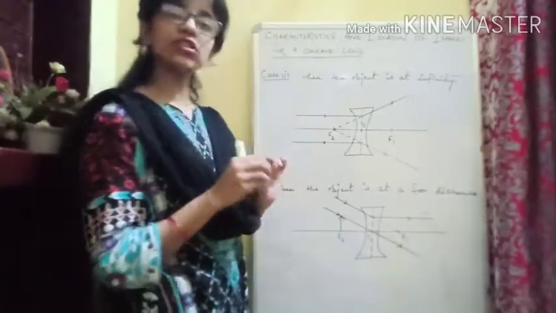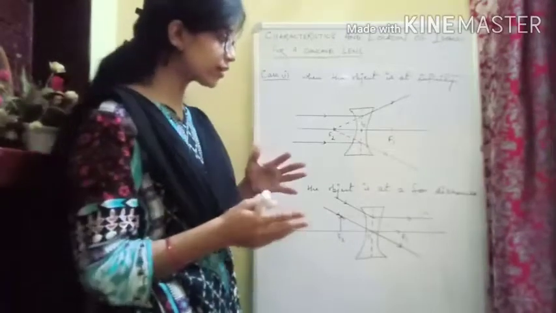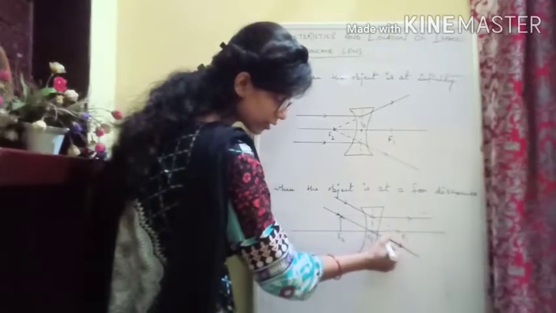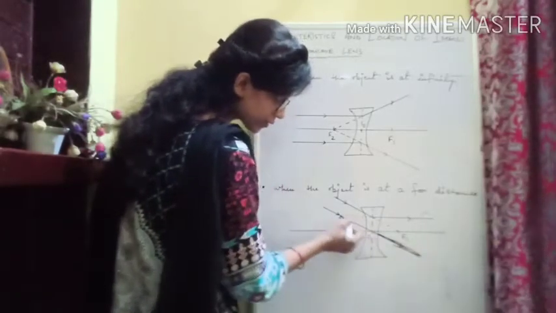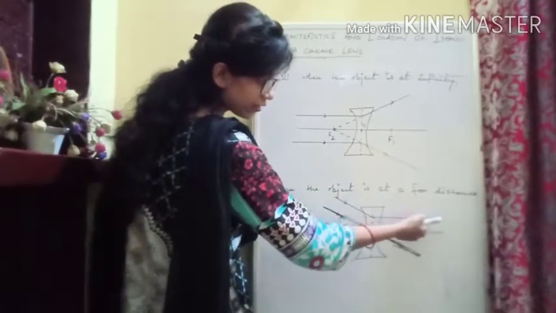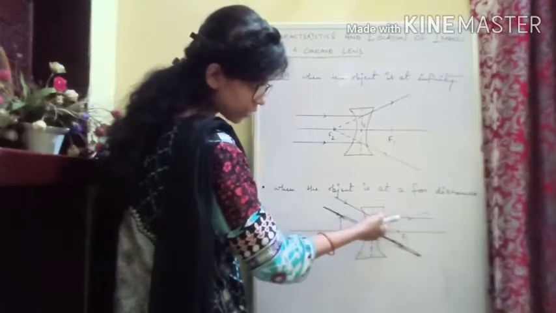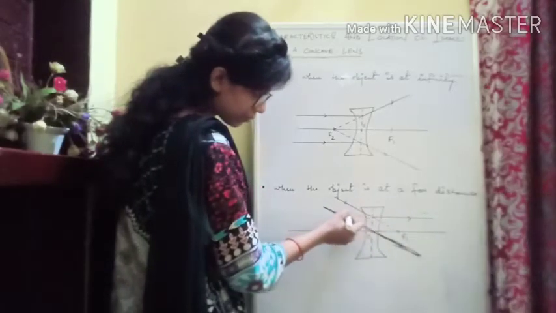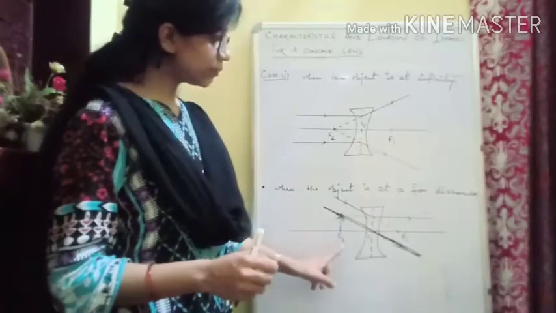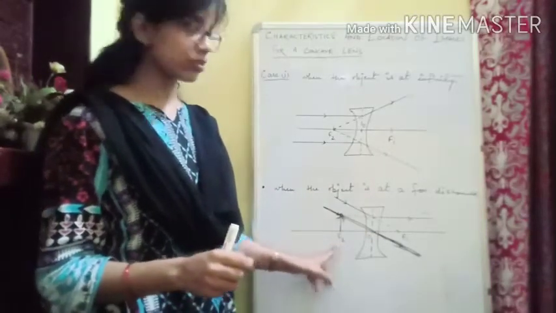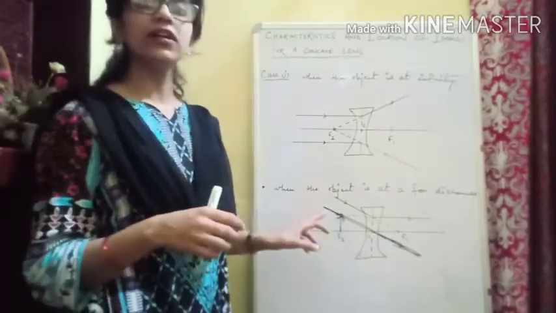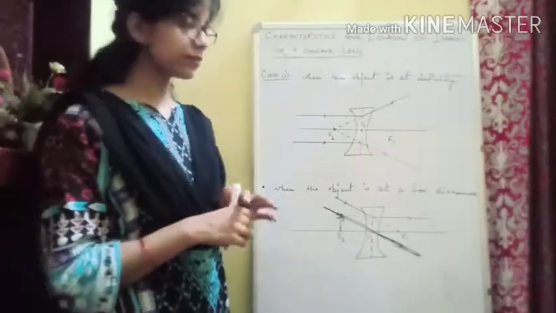Now to see the position of the image, we have to see the refracted rays. So the first refracted ray is here, this is the path of the first refracted ray, and the other refracted ray is this. So let us produce it at the back and see where the two rays are meeting. Here they are meeting, and there you will get the image. So you will get the image at the second focus. So these are the two cases, or one case and the subcase, of the concave lens. Now let us see another case.